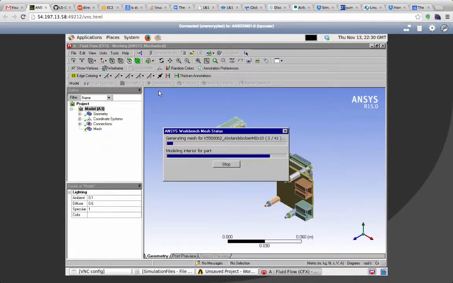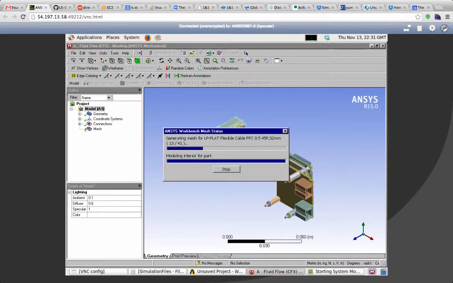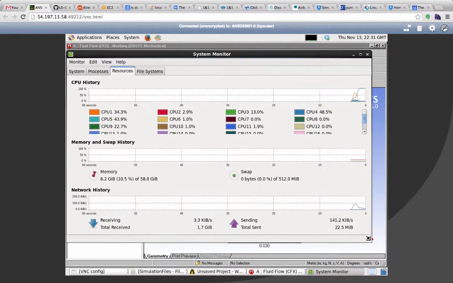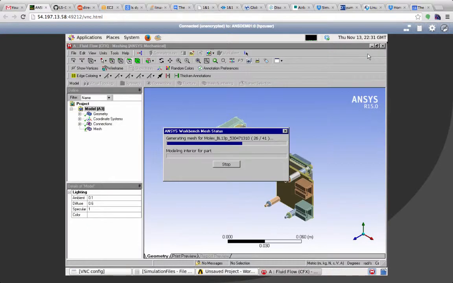While operations that are CPU intensive are going on, you can always take a quick look at the system monitor, and that will tell you how many CPUs are being used, how heavily they are being utilized, and the system monitor is easy to access. It's right up here. So this process is going to take a few more minutes, but let's just fast forward that